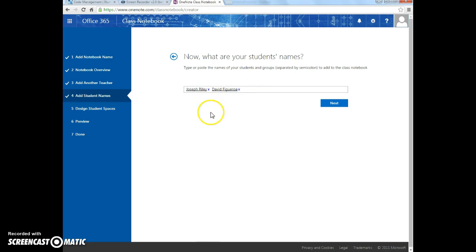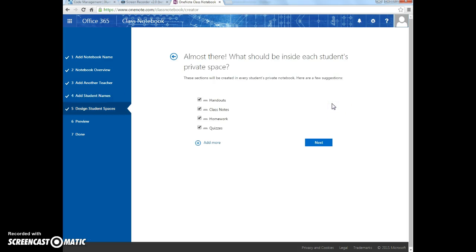And then I would just continue to go through and put in names. Now, if you are working from a laptop or a Chromebook, I would suggest only putting about 5 names in before you finish creating, because sometimes when you push on the backspace in the Chromebook, it'll kick you out of the class notebook screen and you'll have to start over from the beginning. But if you're working from a desktop, I haven't really run into that problem, so I feel that you're pretty safe continuing and adding all of your names. Now, once you have added all of your names, you're going to click Next,